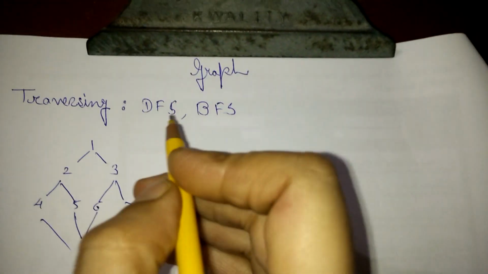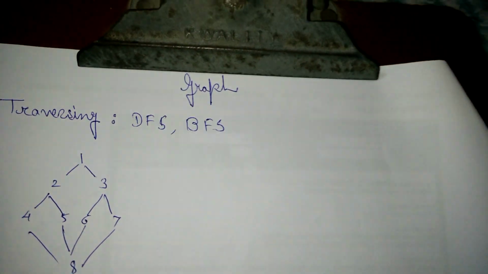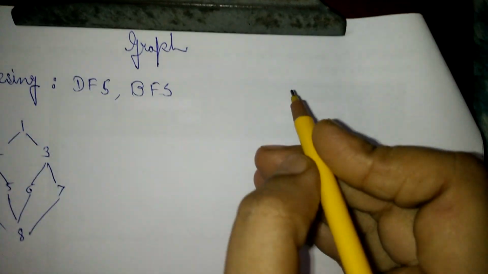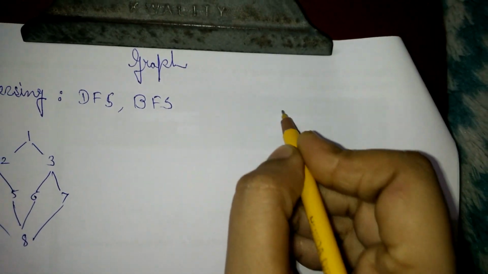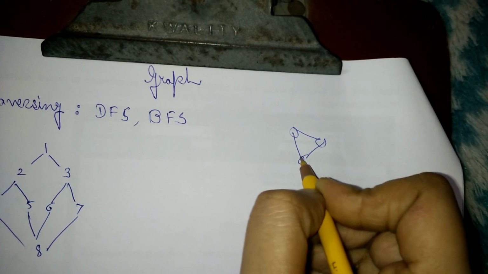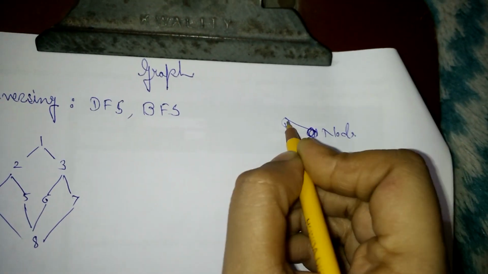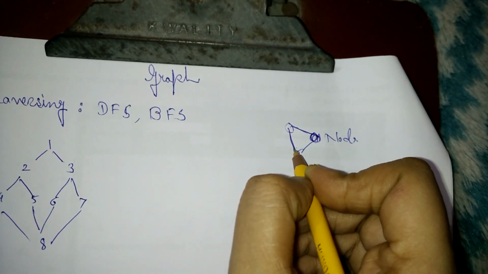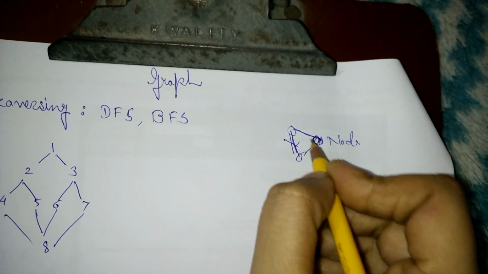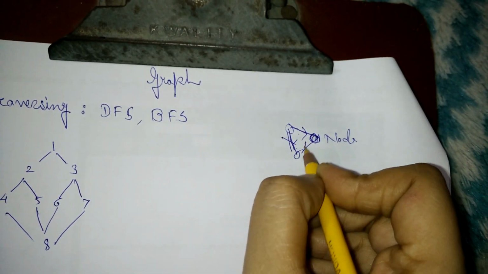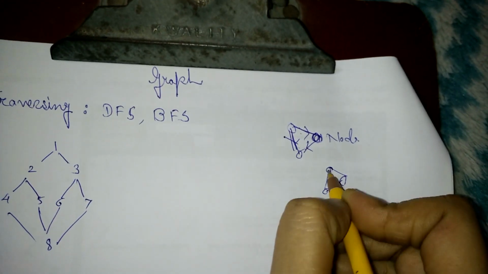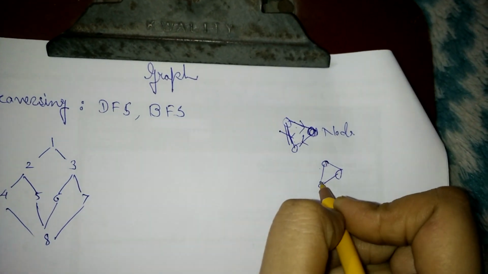The topic that we are going to see today is graph. So first we will see what is graph. Graph is a non-linear type of data structure where we connect different nodes by edges. These are called nodes, whereas this connecting is called an edge. Edges can be either directed or undirected. So on that basis, the graph can be either a directed graph or an undirected graph.